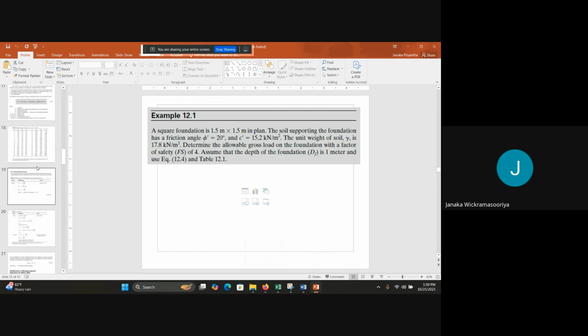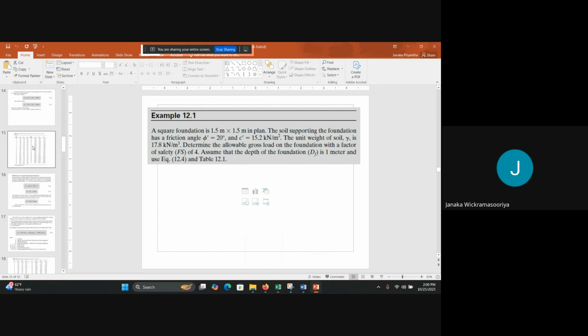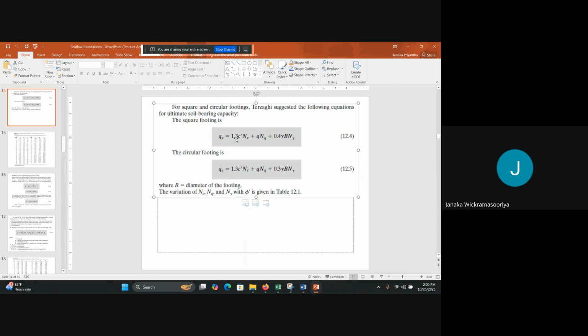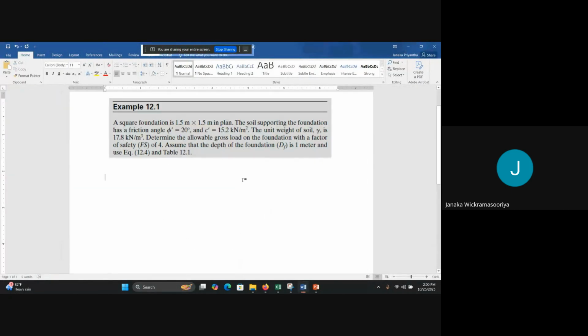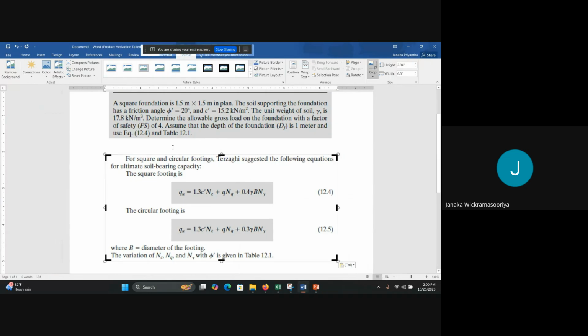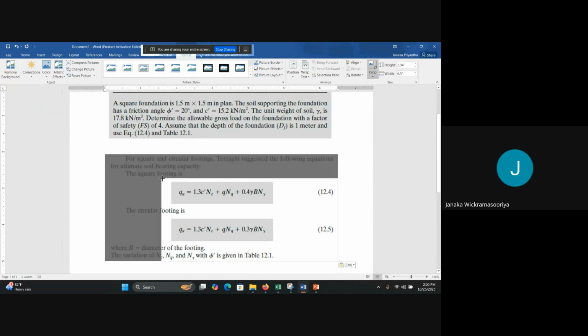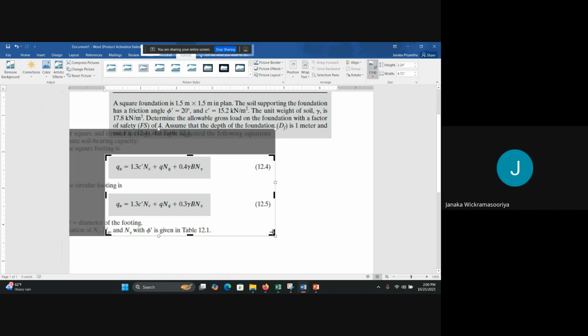There's that equation. Right. Using the equation 12.4,